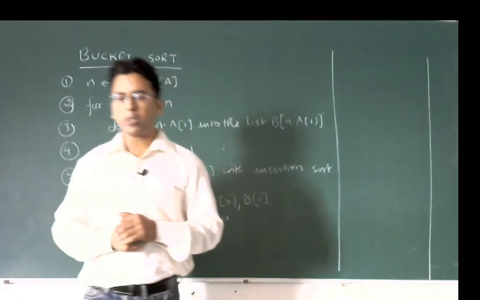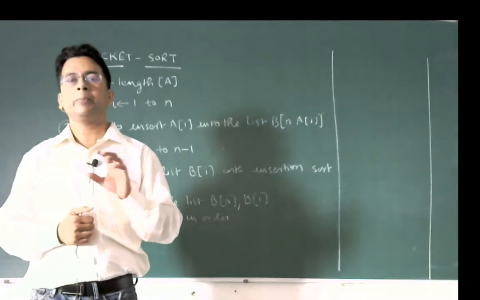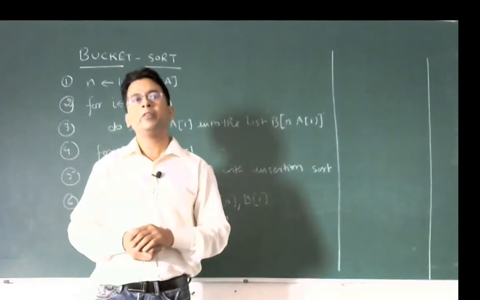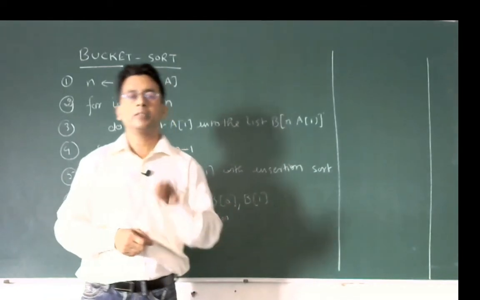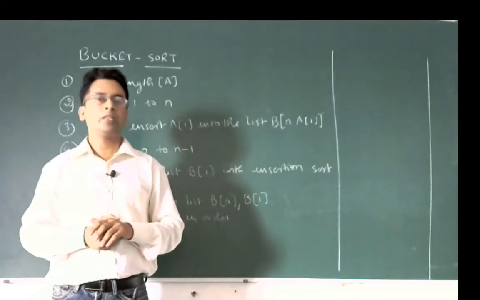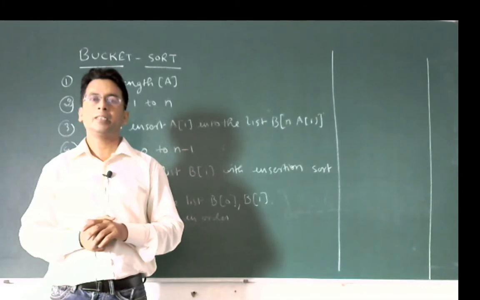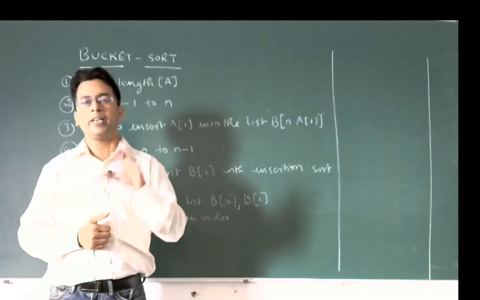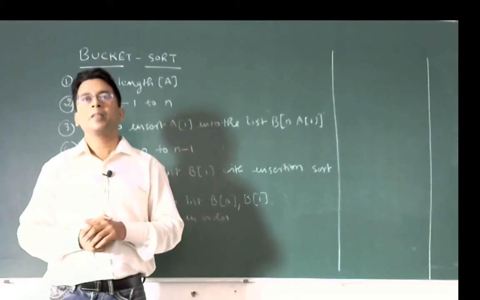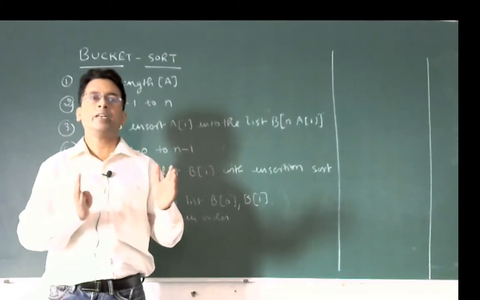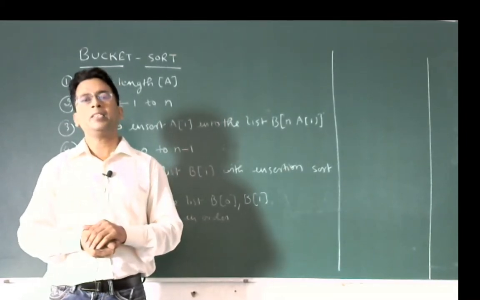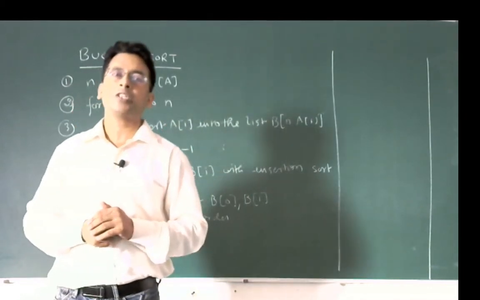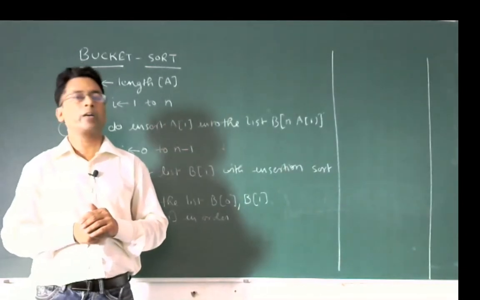In bucket sort, the name here is bucket. Bucket means a particular bin in which you put some material, but here the material is the data. Nowadays, when we use a huge amount of data, we particularly need certain bins to allocate this data into particular categories so that we can arrange and sort this data as per our requirement.